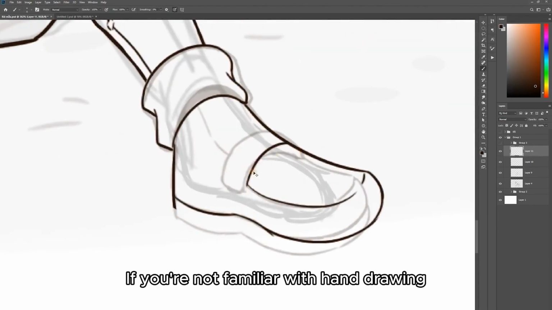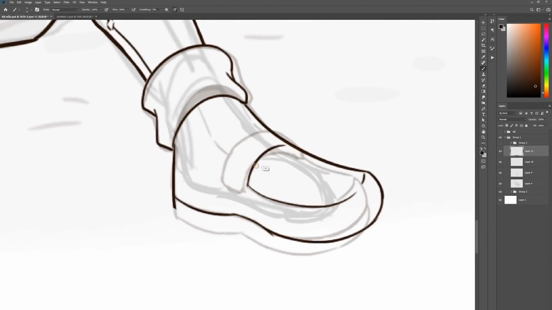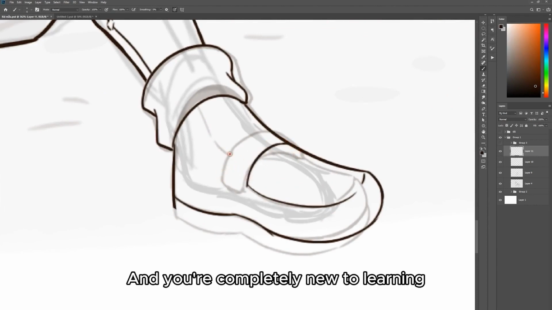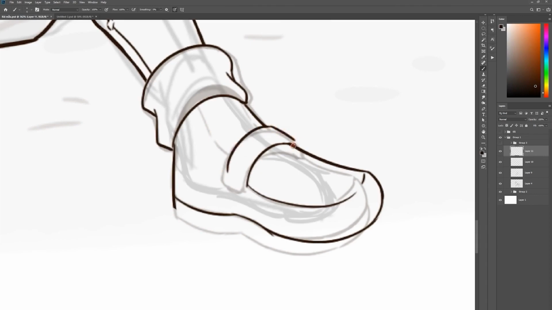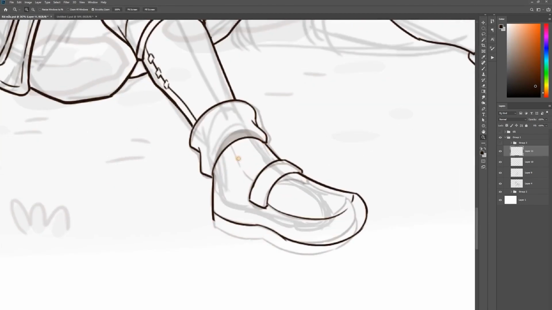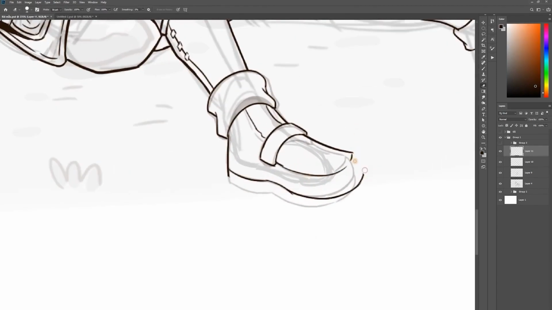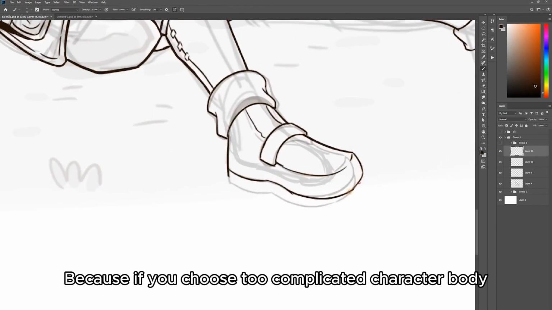If you're not familiar with hand drawing, and you're completely new to learning, you should choose simple characters. Because if you choose too complicated character body,